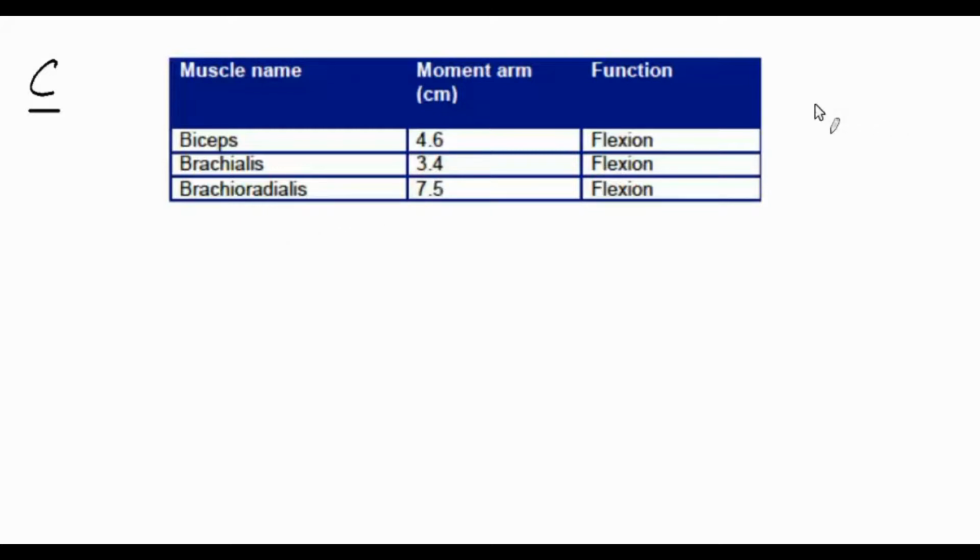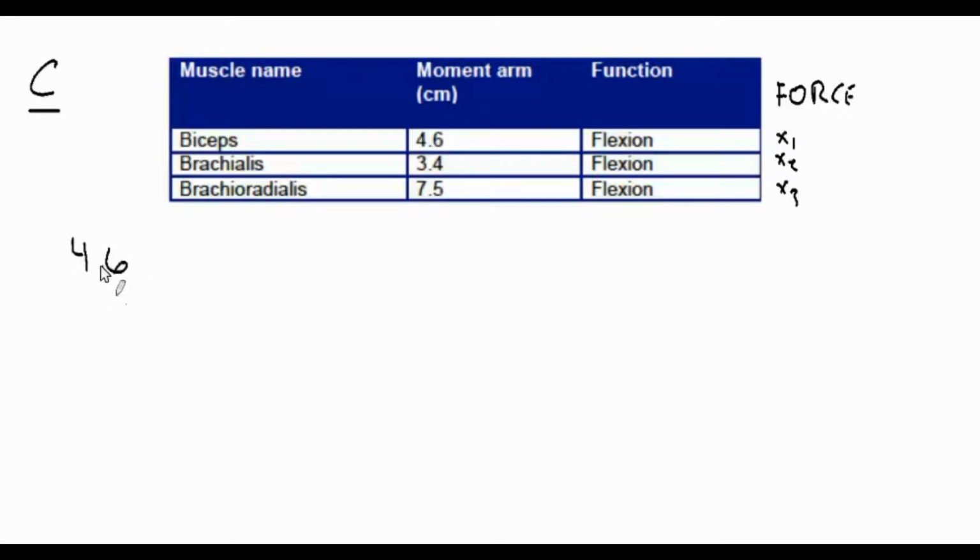Instead of using F sub 1 as a muscle force, we're going to change our notation slightly here for the answer. And we're going to use the amount of force that's generated by each muscle. For the biceps, it'll be X sub 1. Brachialis will be X sub 2. Brachioradialis will be X sub 3. And to write down our moment equilibrium conditions, we will have